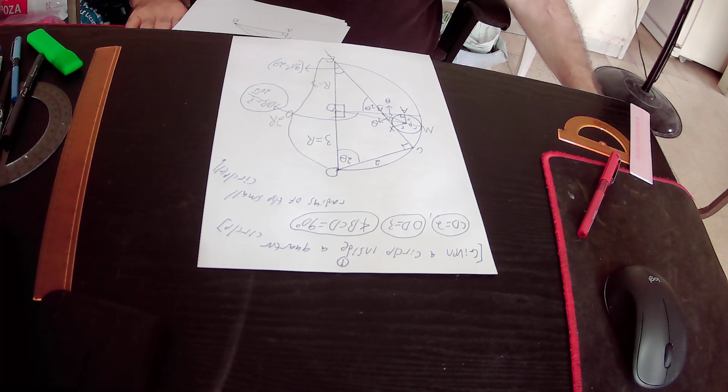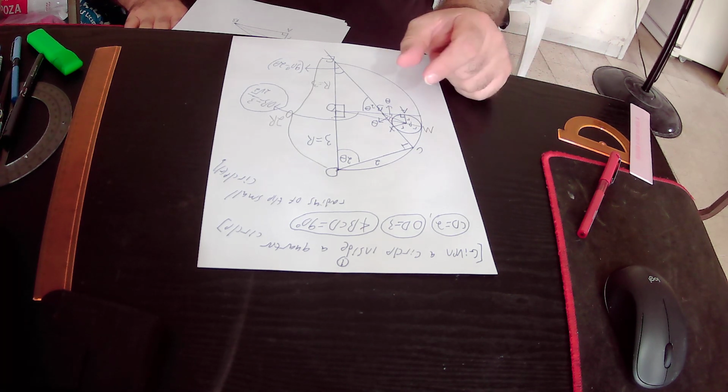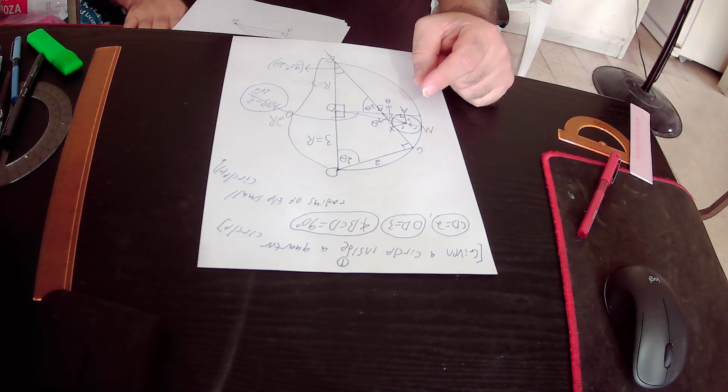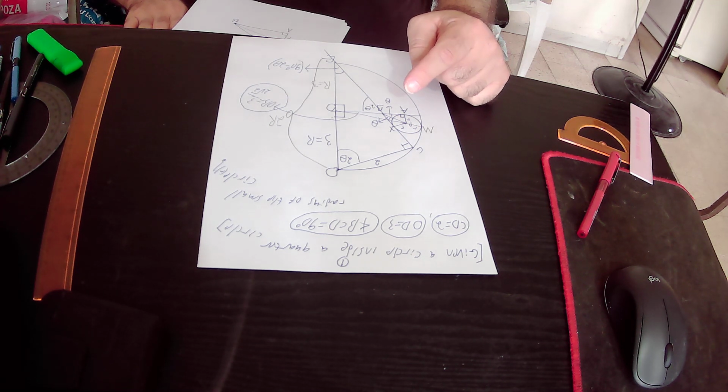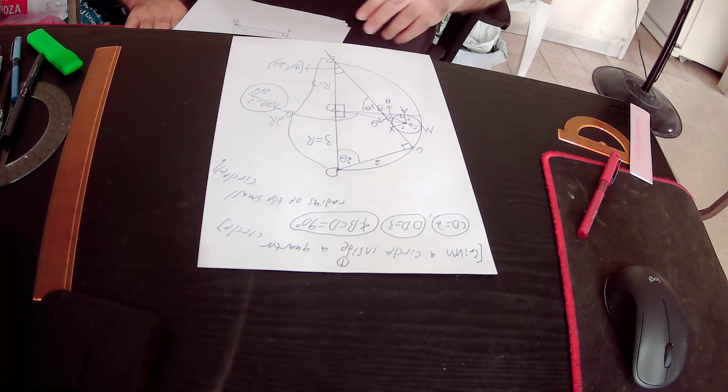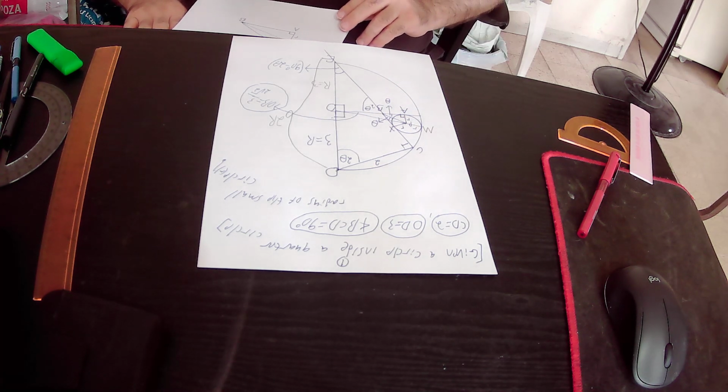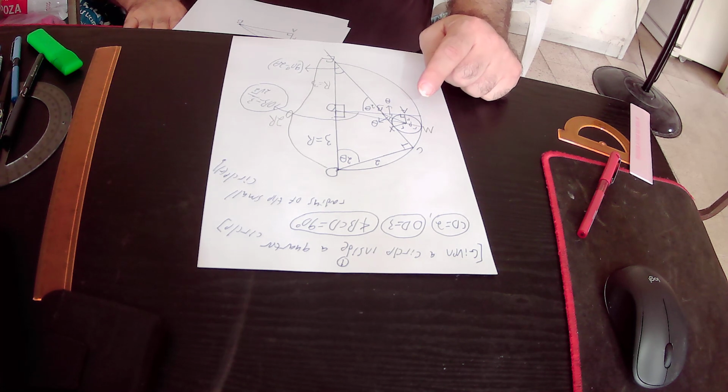So here the tangent AB and the radius are perpendicular to each other, therefore angle PAB equals to 90 degrees. So triangle APB is a right triangle,